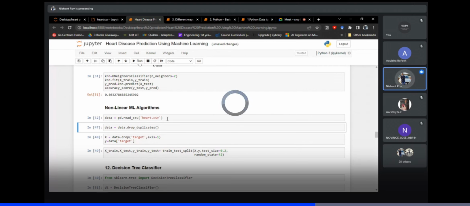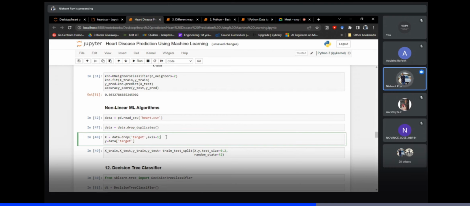Here the requirement of the processing is not that much, like for the KNN, SVM, and the logistic regression. We are just dropping the duplicates and